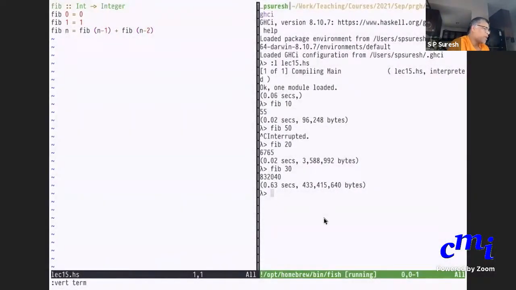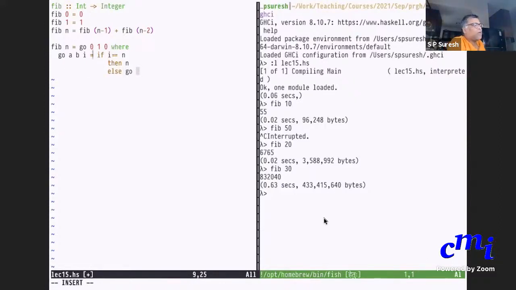I mean, actually speaking, if you want the code to be more transparent, you will have to say this. Yeah, this is the crucial thing.